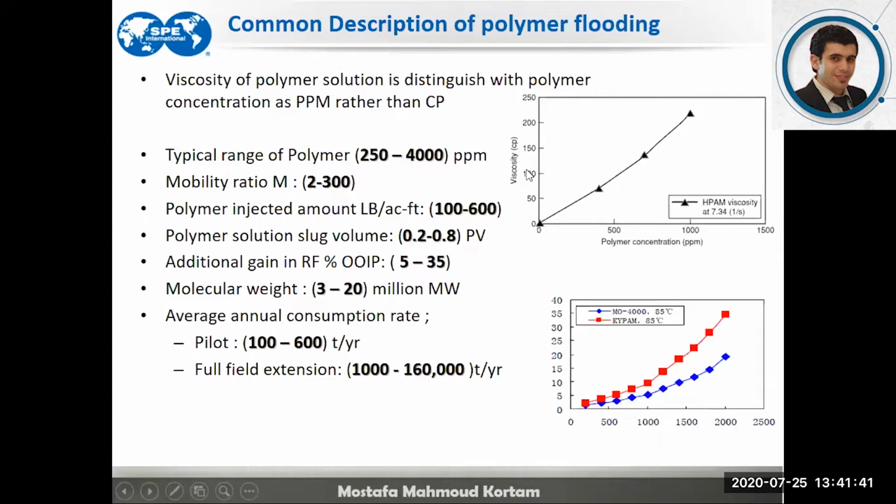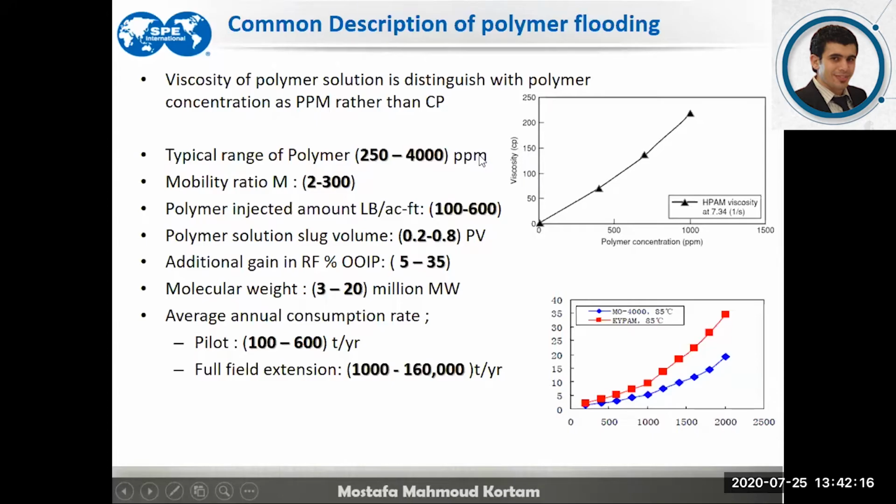So if you are saying we are about to inject 50 centipoise, it should be described as, for example, a 200 ppm concentration. It's a well-known and famous relationship that generates, at a corresponding ppm, the corresponding viscosity of the polymer solution. So people would rely on the ppm rather than defining the viscosity of their injection by